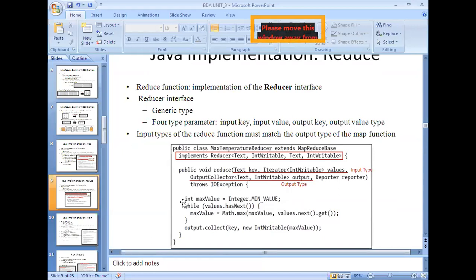Among those temperatures, it needs to find the maximum, and the output will be submitted to the output collector. The output collector takes the key, which is the year, followed by the value, which is the maximum temperature found from all the recorded temperatures.